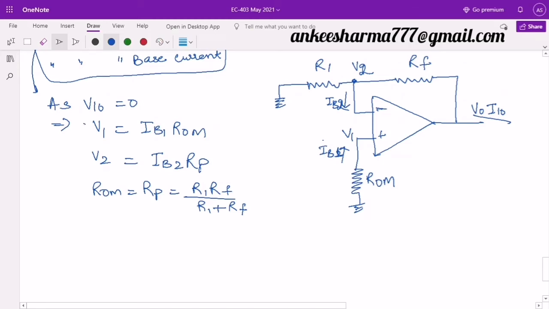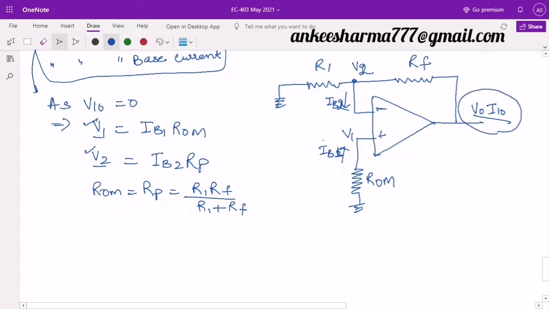Right. So now we will try to find the output voltage due to this V1 and V2. Now look here, in the previous case, the input bias current, V1 and V2 were the same because we assumed IB1 equal to IB2. But in the case of input offset current, we don't assume these to be equal. It means the output voltage due to V1 and due to V2 will be different, and they will be subtracted. One is applied at the inverting terminal, the other at the non-inverting terminal, so the overall output will be the minimized one, which we can see in the form of VOIIO.